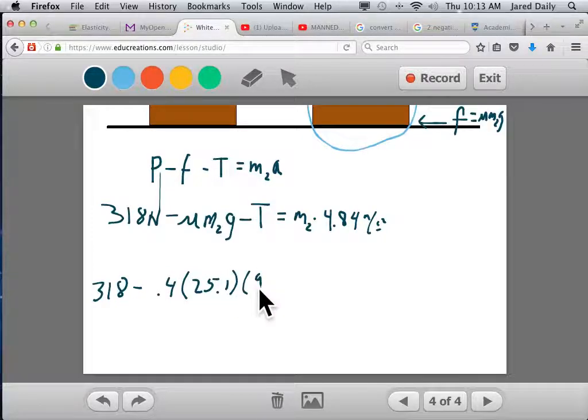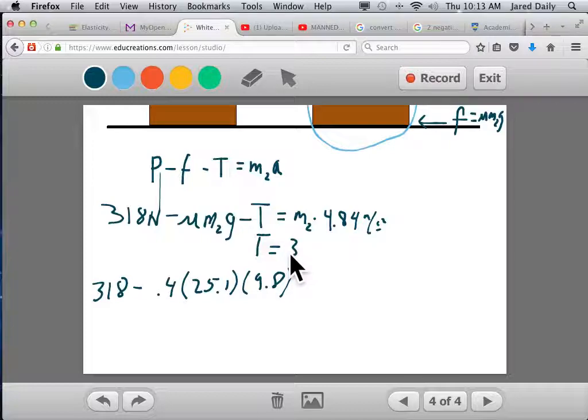Gravity is 9.8. I should probably have solved this equation for t before I did this. Let's do that really quick. If I solve this equation for t, I'm going to add t to both sides, and I'm going to subtract this from both sides. So I'm going to get t equals, in the end, t equals,